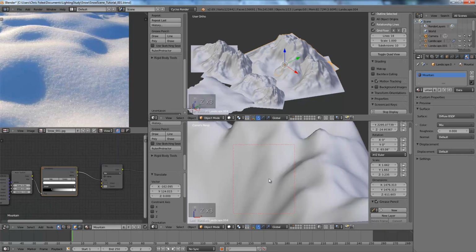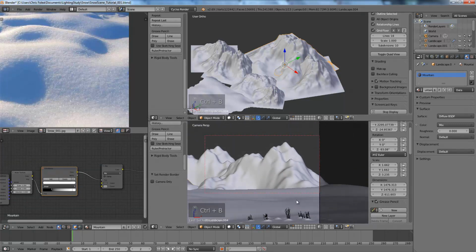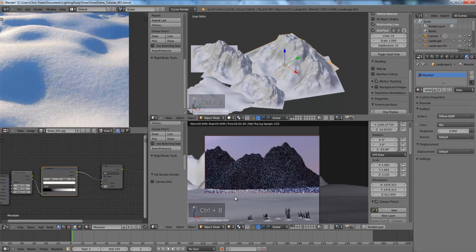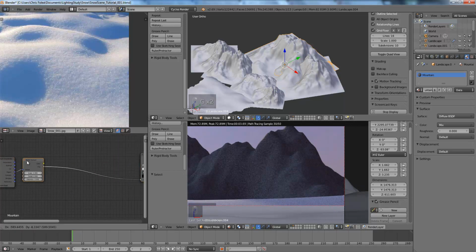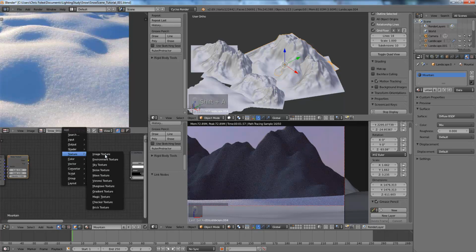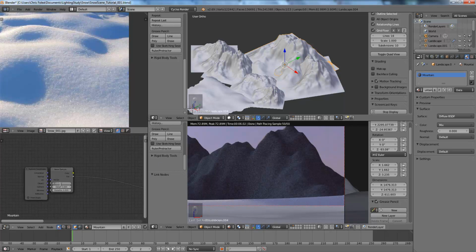And for my mountain in my image, for the factor, I actually ended up using a texture from CG Textures that was a rock texture, because that'll give you a much more natural result than some noise. Heck, why not? Let's go ahead and show you how I did that too. It's basically the same as using the noise, except you can do texture, image texture. Now that requires UV unwrapping. Yeah, we're just going to stick with the noise for this tutorial. But you can unwrap the mountains and they will unwrap pretty well. I don't want to go with it right now, just because